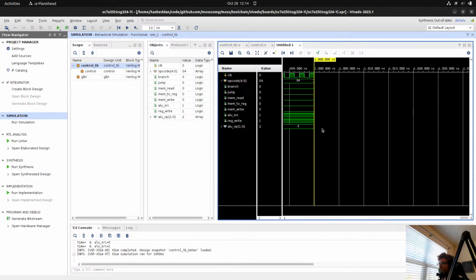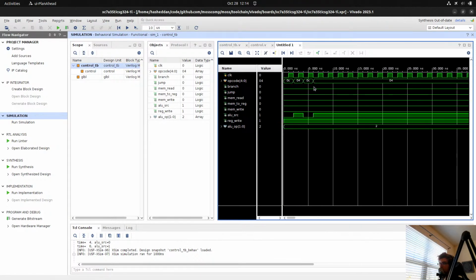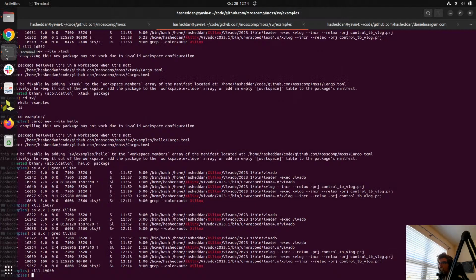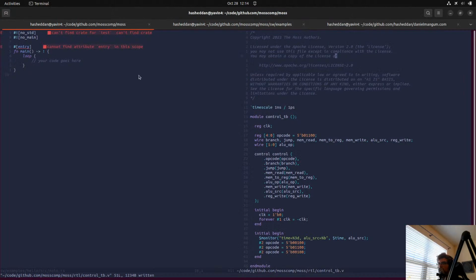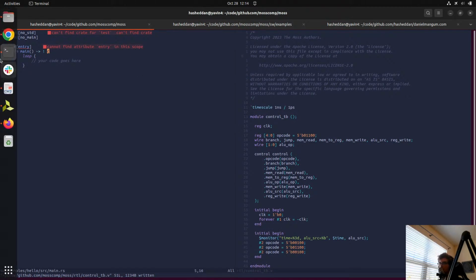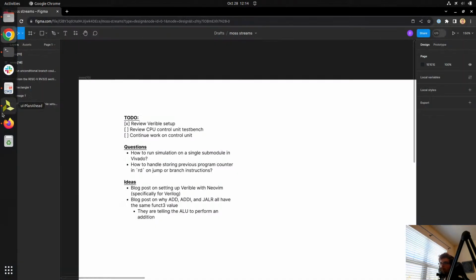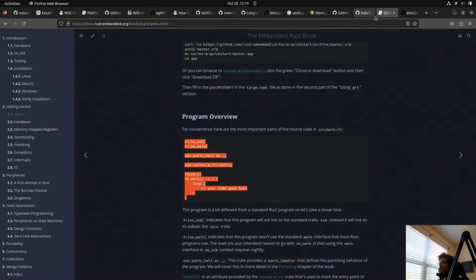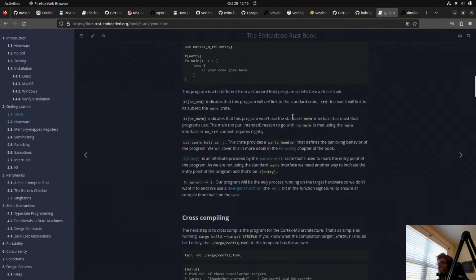But here we can see that we do have our simulation, in fact. So that's nice. And this is what we saw last time. Cool. Okay. We don't have standard.